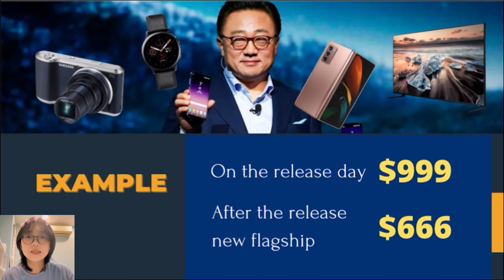So let's take the example of Samsung in 2020. Flagship phones, the Galaxy S20, on the release day, the price of the smartphone was $999. However, after the release of its new flagship smartphone this year, Galaxy S21, the price of last year's phone significantly dropped, and it now can be found for the price of around $600, depending on the store you are buying it from. So the price of Samsung's smartphone is changing over time, and it's noticeable that the price goes down faster at the beginning, then the drop starts to slow down.